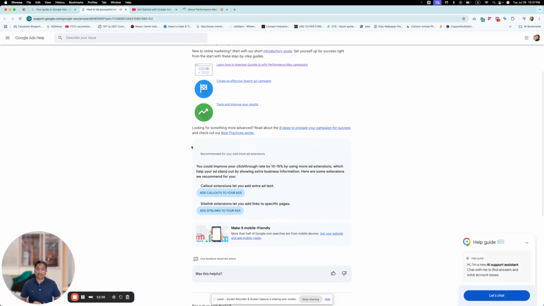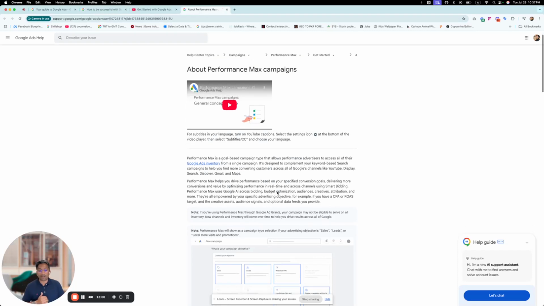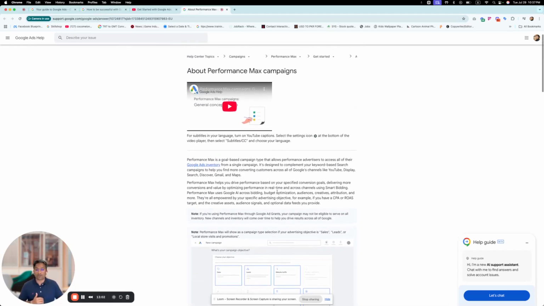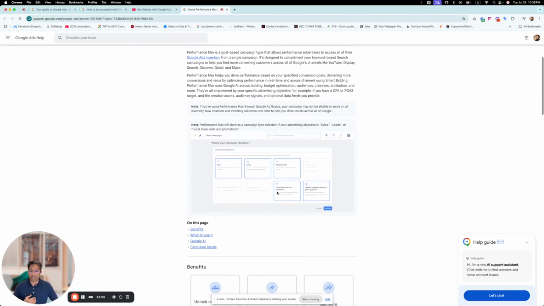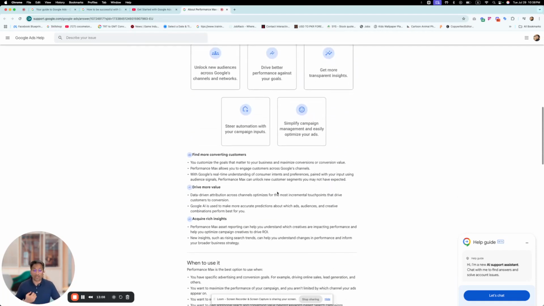Now, Google recently has started selling more to new advertisers. I'm an advertiser who has been doing advertising since 2005, so I have seen all of the ups and downs and all of the changes that Google Ads has made in their platform. But recently, Google Ads is trying to sell more and more the Performance Max campaign feature rather than anything else. We will talk about the Performance Max campaign later, but today we are just going to talk about what Performance Max campaigns look like and what they actually unlock.